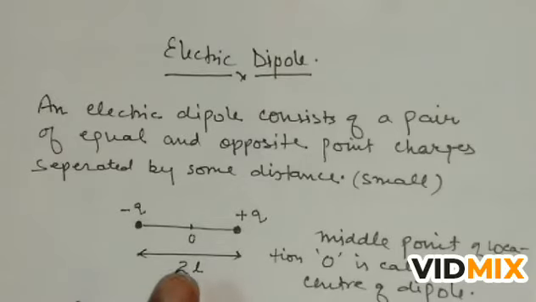Whenever you make a dipole in your copy, or whenever you solve a question on the dipole, always remember that on the left hand side you take negative and on the right hand side you take positive. Minus on the left side and positive on the right side, then there will be no confusion while solving numericals to describe any direction.